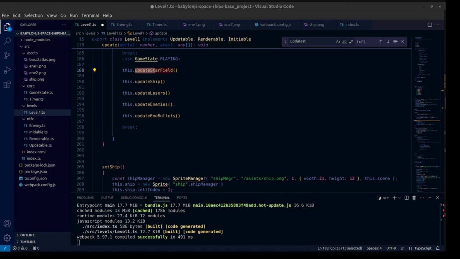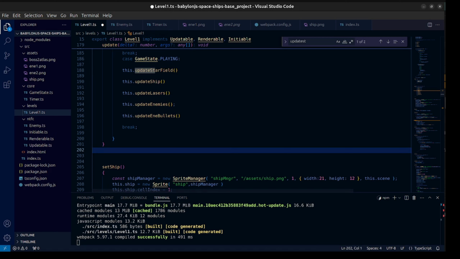Now I need to add another structure. I'm gonna add another interface for the bullets, because the bullets need a direction and other properties. I don't want to mess up the code. I just want to keep it simple, and I'm going to group all the properties in a single object now. So I'm going to create, in the core, in the NTFS and NTFC, a new interface, and that will be the enemy